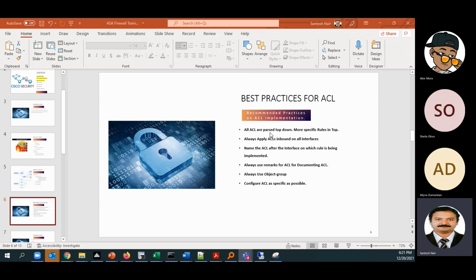So if you see the deny statement, where will we give the deny statement? We'll give it at the top, right? All the suspicious traffic has to be dropped, so that rule will be given at the top actually. More specific rules have to always be given at the top. Okay, that is the first rule actually.